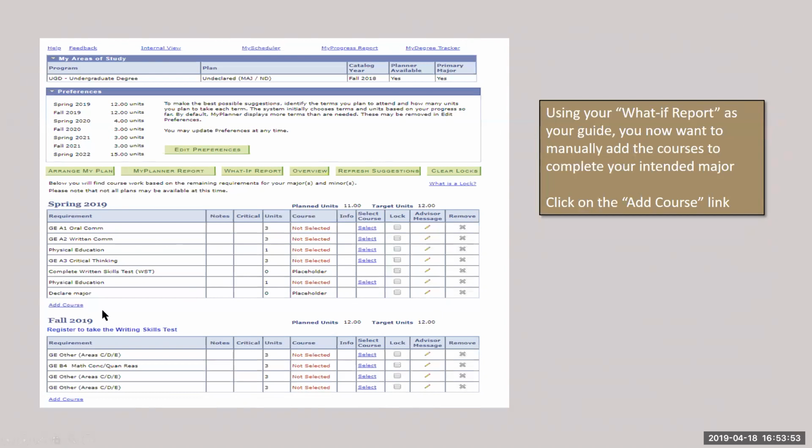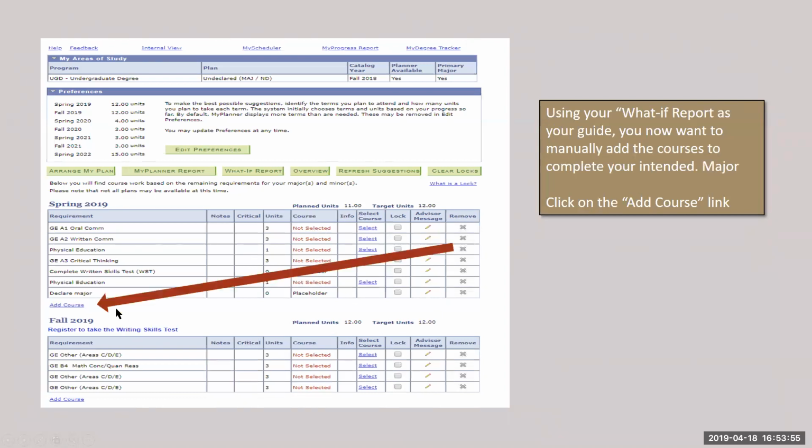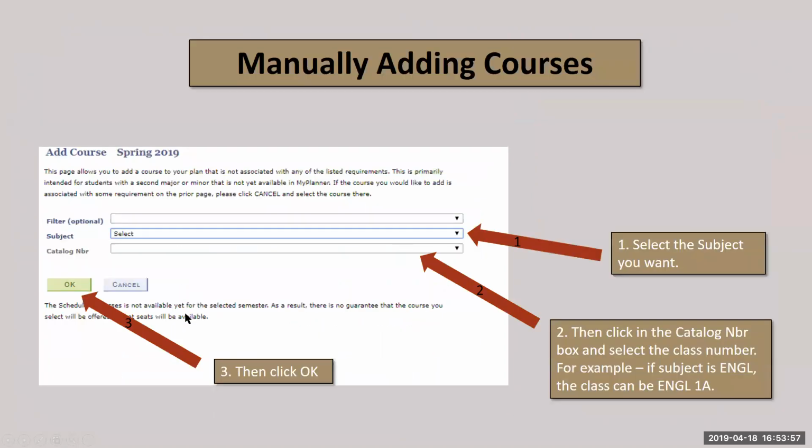To do that, you're going to click on the Add Course button. It'll take you to another page. It says add course. This says spring, but yours will say fall 19. First thing you want to do is select the subject you want, and then second you click on the catalog number to find the class number. So let's say it's English and then English 2,